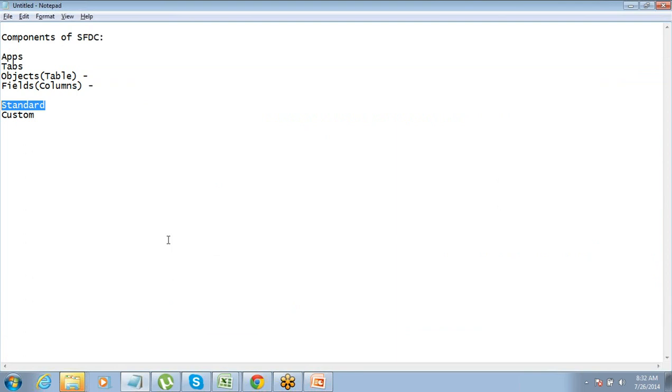Why are they calling it standard? Because those are standard for everyone. What Salesforce has provided, like the account object, is standard for you and me. But this job object is a custom one because I have created it, you do not have it, right? You may or may not have. So standard is something which Salesforce has provided, custom is what we create.